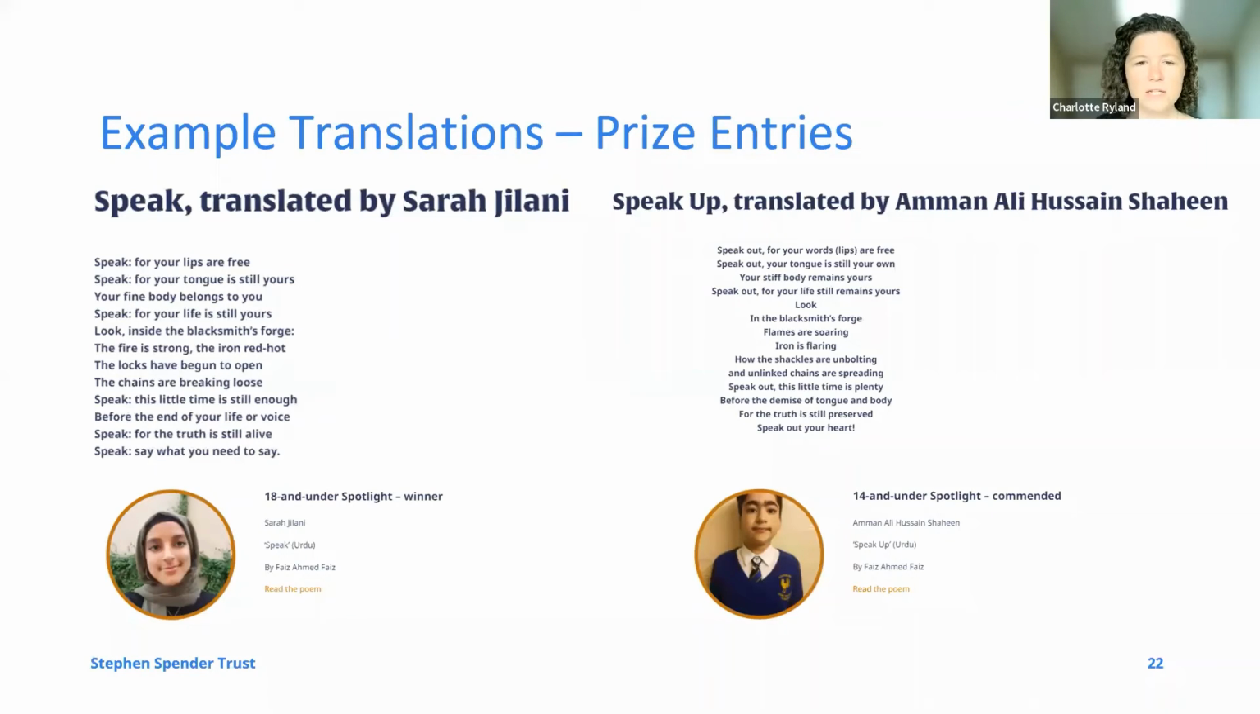And one of the reasons I'm showing this is that it shows how versatile and flexible the activity of translation is. This is the same poem, but even how it looks on the page is completely different. This was the 18 and under category, and then on the right is the 14 and under category. So the same poem has been